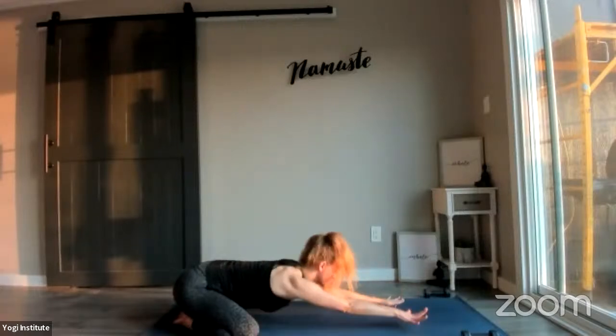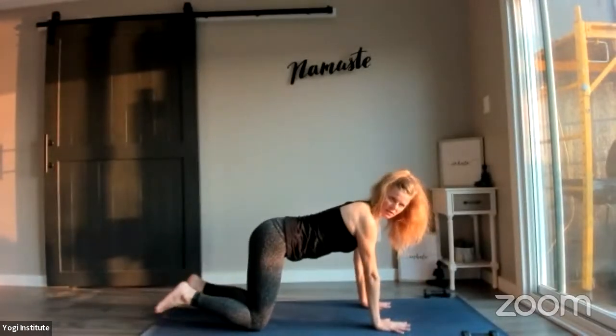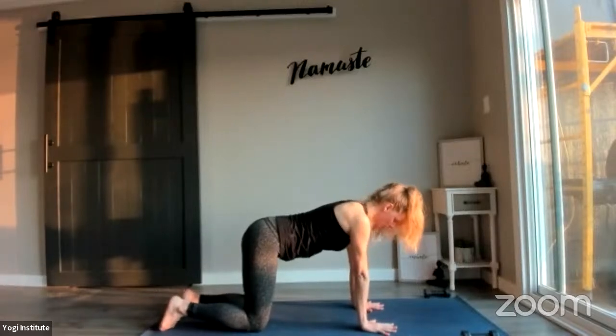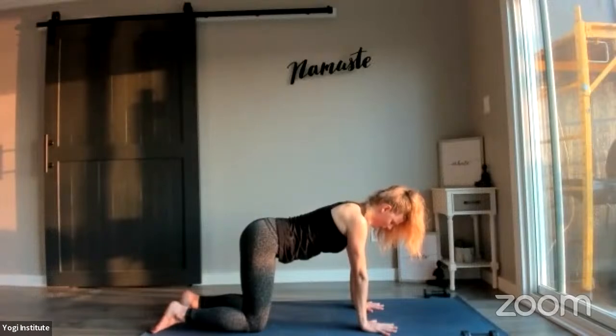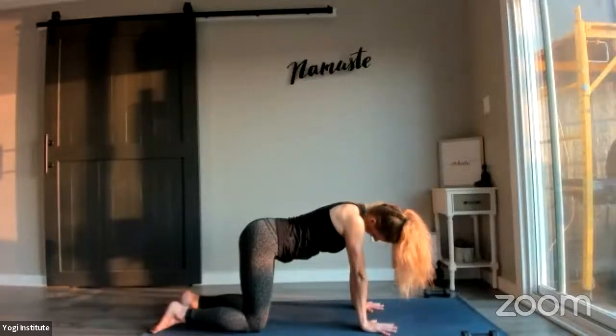Walk your hands back through center. Press yourself forward into a tabletop position, stacking shoulders over wrists, knees under hips. Spread your fingers out wide and let the shoelace side of your feet rest into the mat. Pull your belly button toward your spine to really feel into that neutral spine from your tailbone through the crown of your head. Tuck your chin to your chest, allowing your head to hang heavy,